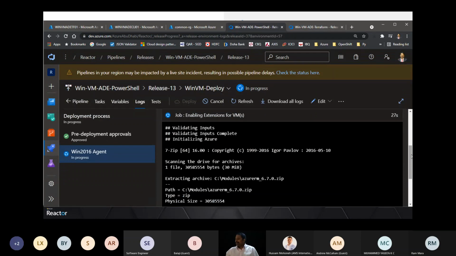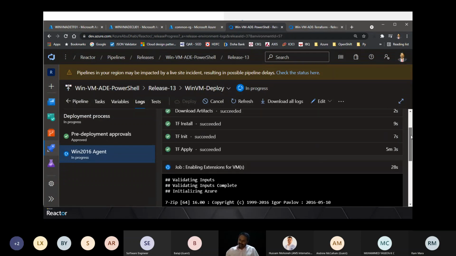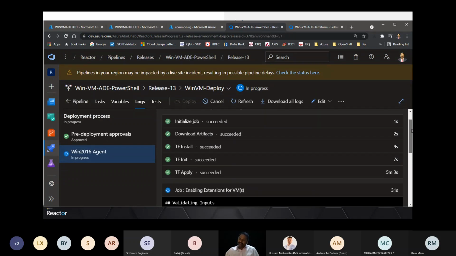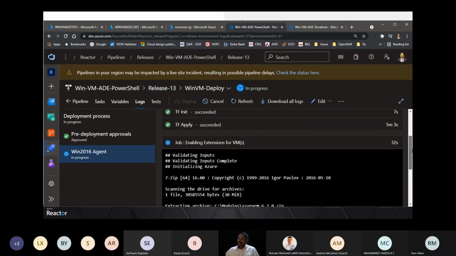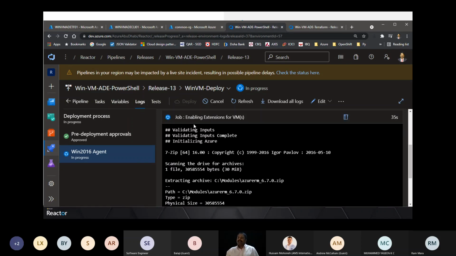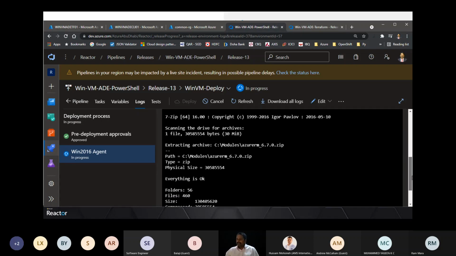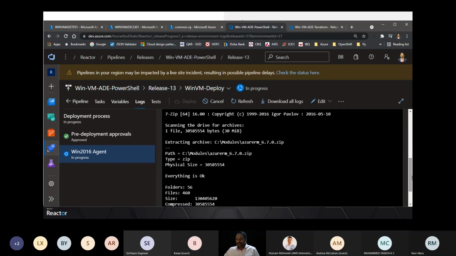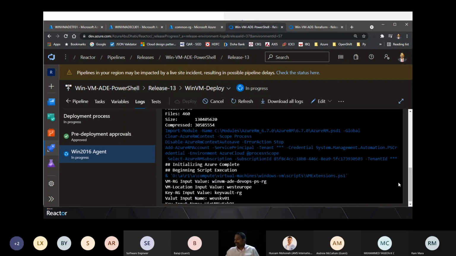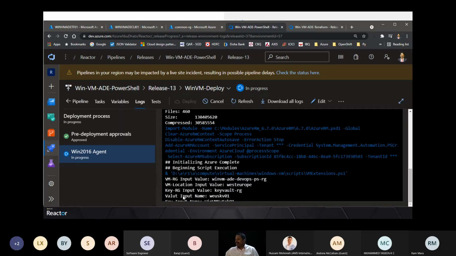Now this pipeline is trying to create a virtual machine with Terraform, and then we utilize the Azure DevOps PowerShell task to do the encryption. There are various ways, whichever fits for you, whichever is comfortable for you. So these are the inputs which came from the pipeline. I have not given anything.